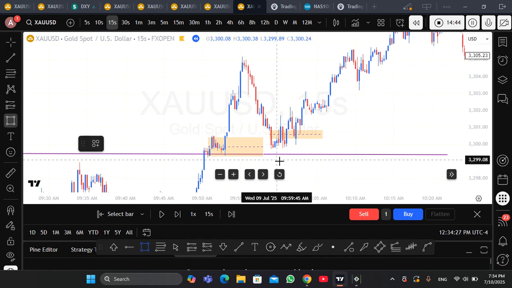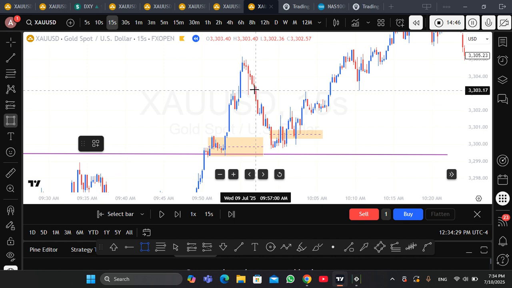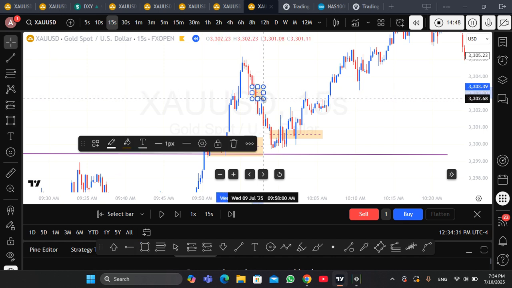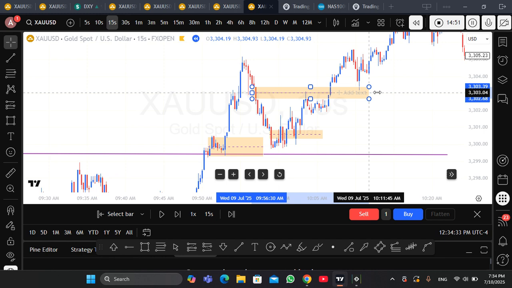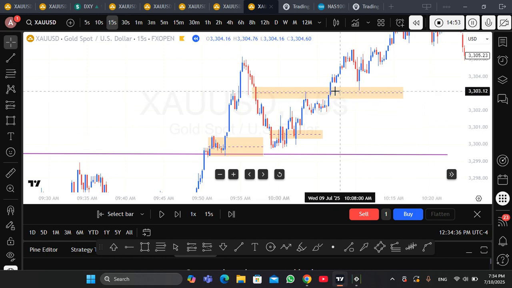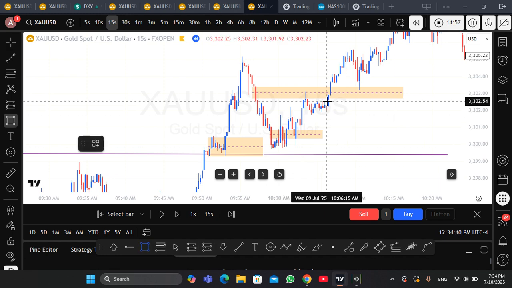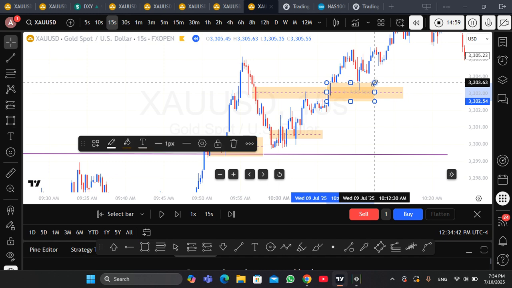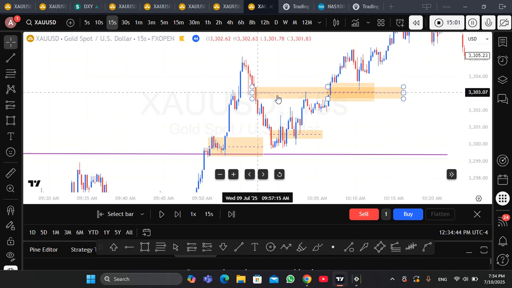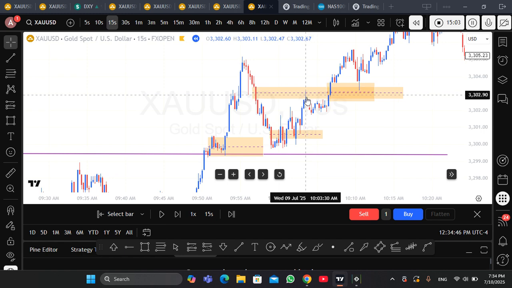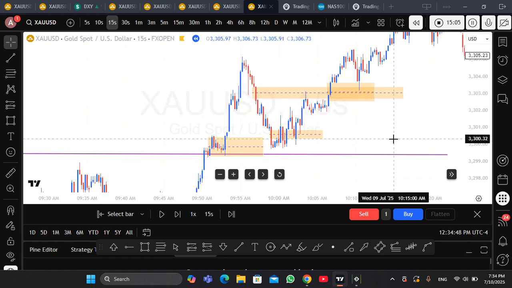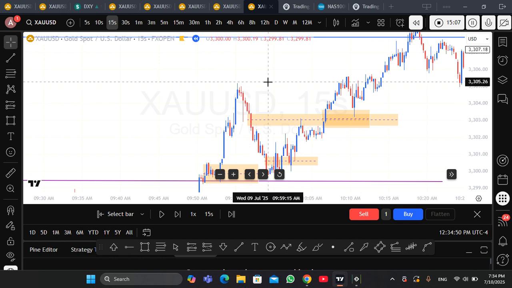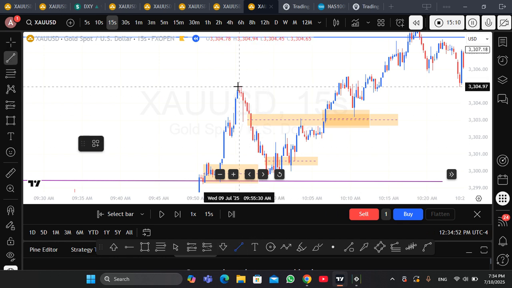And also, I will again point to this inverted fair value gap. You can see it, inverted fair value gap, and this inverted fair value gap coalesces with this fair value gap. You can see it. This is a fair value gap. So the inverted fair value gap, and this is the order block. This is the order block. You can see how the price makes a market structure shift,